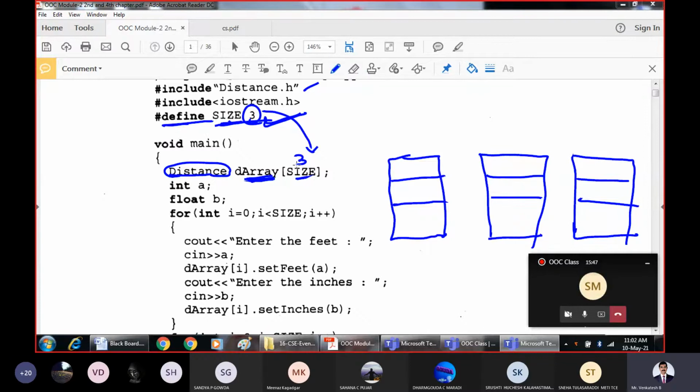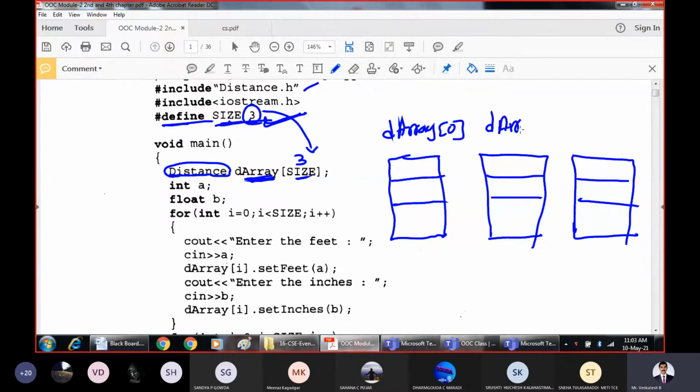The first object is D array of 0, the second one is D array of 1, and the third one is D array of 2.